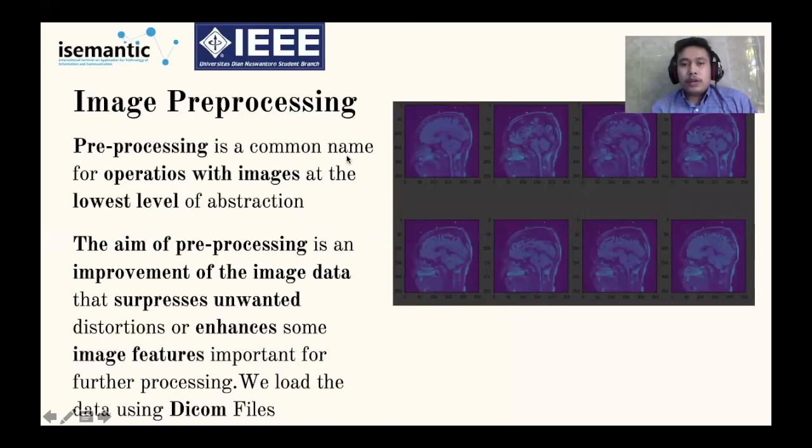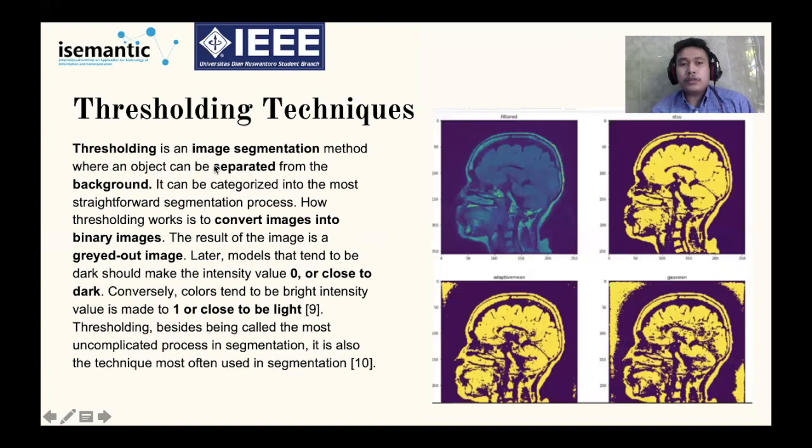Preprocessing is a common name for operations on images at the lowest level of abstraction. The aim of preprocessing is to improve the image data, suppress unwanted distortion, and enhance some image features. Thresholding is an image segmentation method to separate an object from the background.